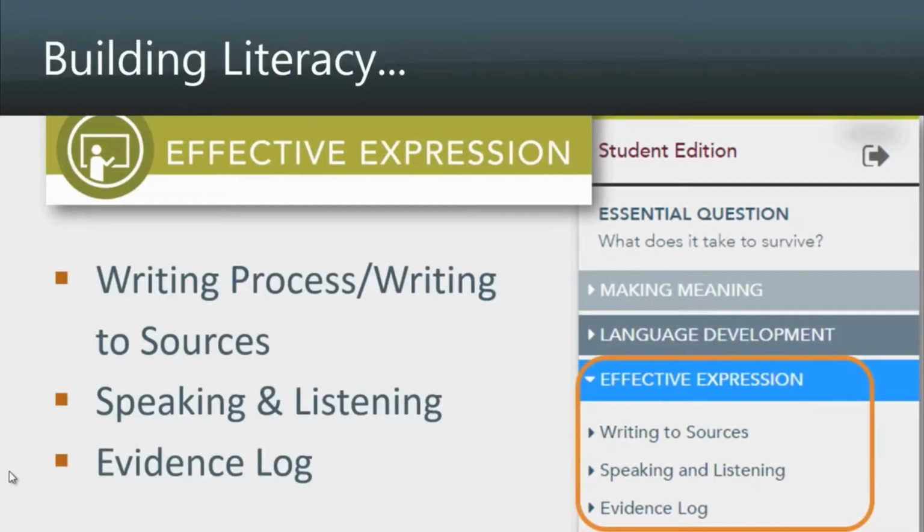Author Kelly Gallagher was instrumental in shaping the writing strand in the program to not only be a running record of student thought and learning, but also the way students communicate their learning. This student-centered instructional model with student-focused literacy learning helps all students be able to access the same text and be able to complete activities. With myPerspectives, we give teachers point of use and purposeful differentiation to reach all range of learners in the classroom.